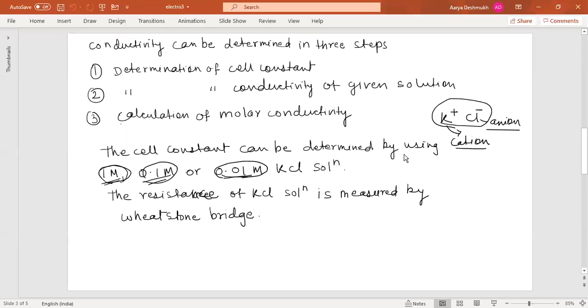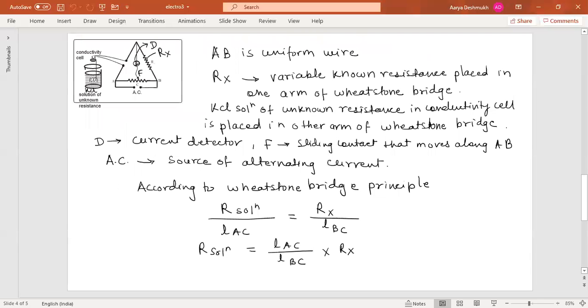Now remember here, when I say the electrolytic solution, it means it should contain cation and anion. Cations are the ions with the positive charges and anions with the negative charges. So you need to follow these 3 steps and you will easily get the conductivity of the solution. Now we'll proceed to the next slide.